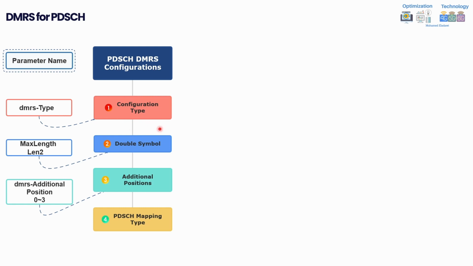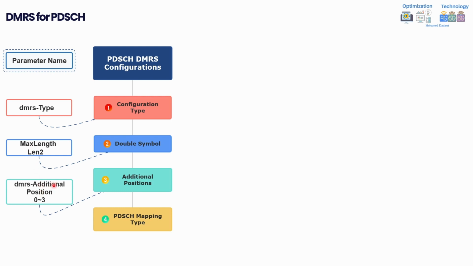But before jumping to this part, I have covered here one of the main configurations of DMRS, which ultimately controls the frequency resource allocation or time resource allocation. The first three are more about the frequency resources, how many resources will be allocated within the resource blocks for DMRS. And the PDSCH mapping type, which has type A and type B, we will cover as well. This mainly controls the time domain allocation, and these are the 3GPP parameters, which are under your control.